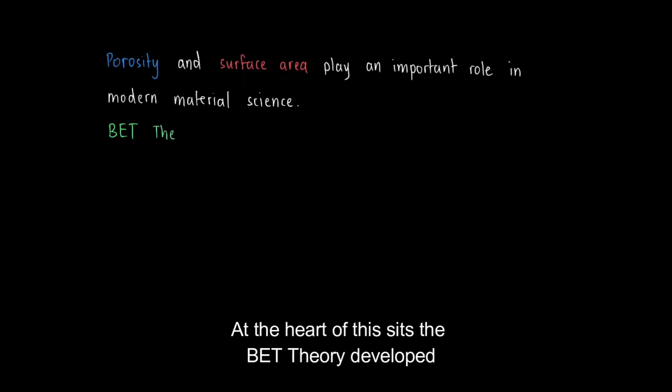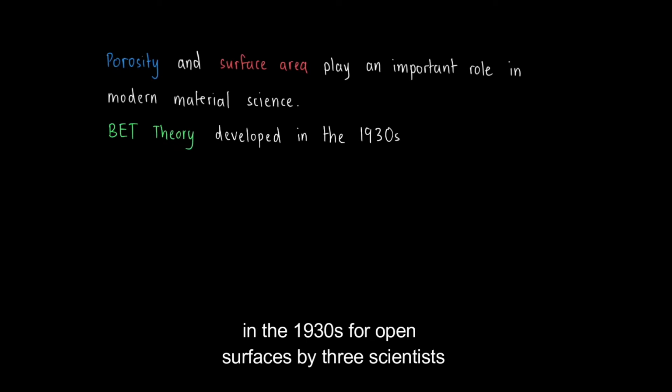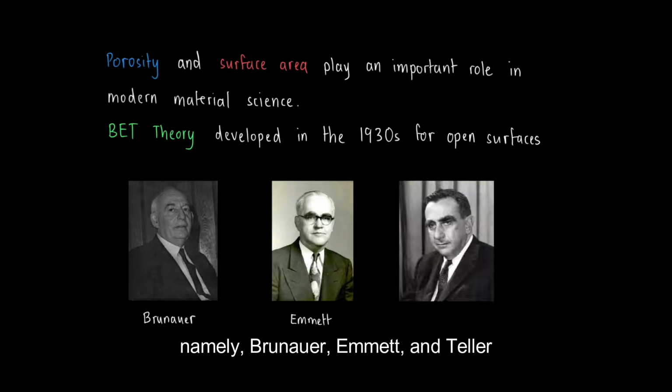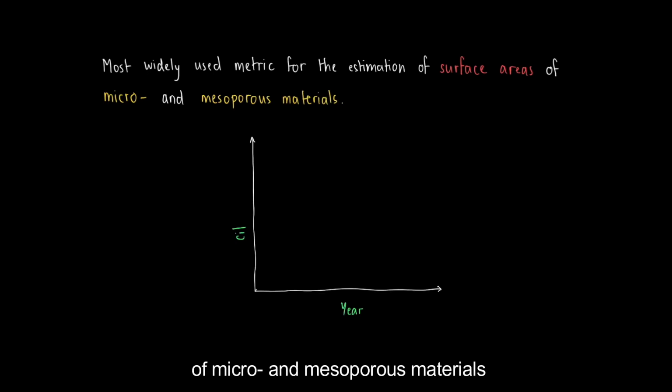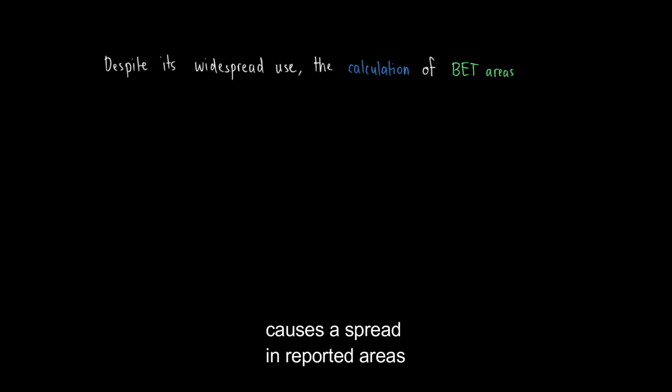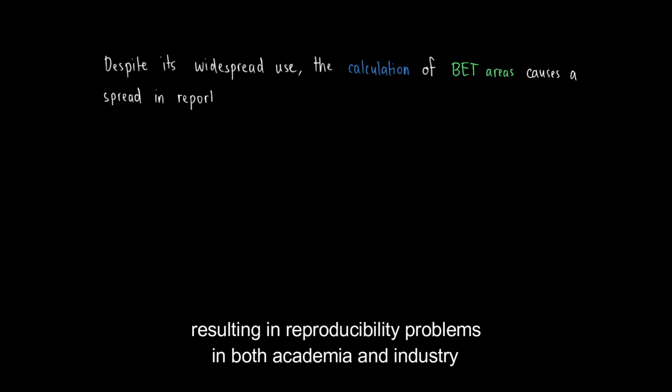Porosity and surface area play an important role in modern materials science. At the heart of this sits the BET theory, developed in the 1930s for open structures by three scientists, namely Brunauer, Emmett, and Teller. It is now one of the most widely used metrics for the estimation of surface areas of micro and mesoporous materials. Despite its widespread use, the calculation of BET areas causes a spread in reported areas, resulting in reproducibility problems in